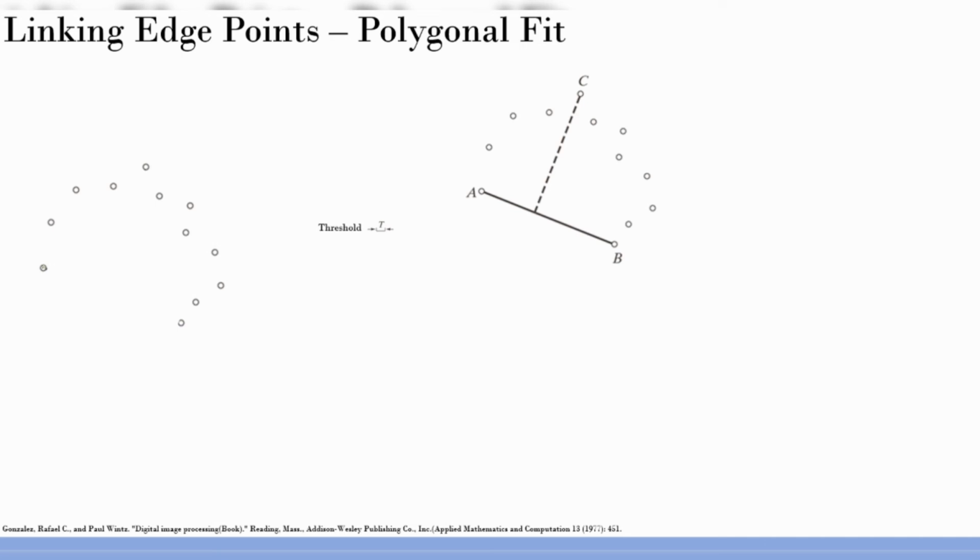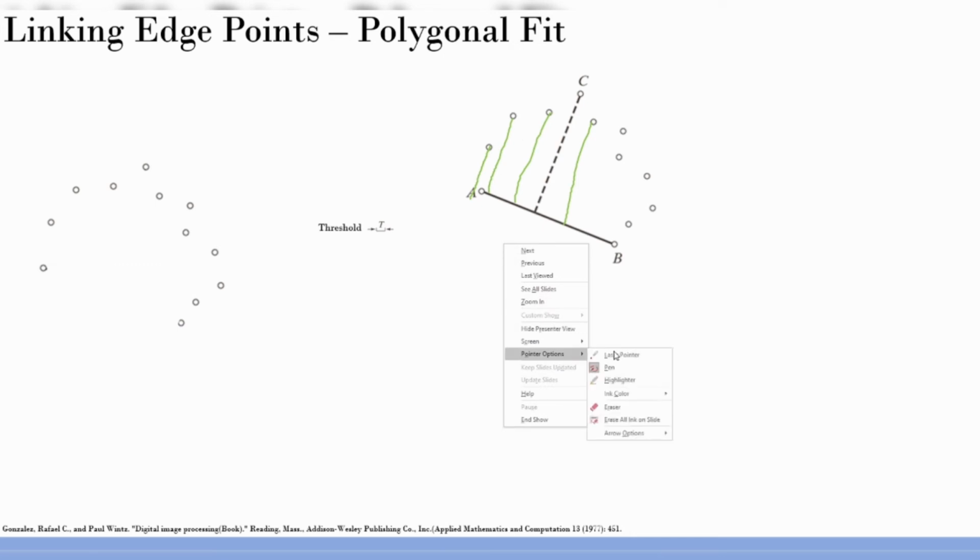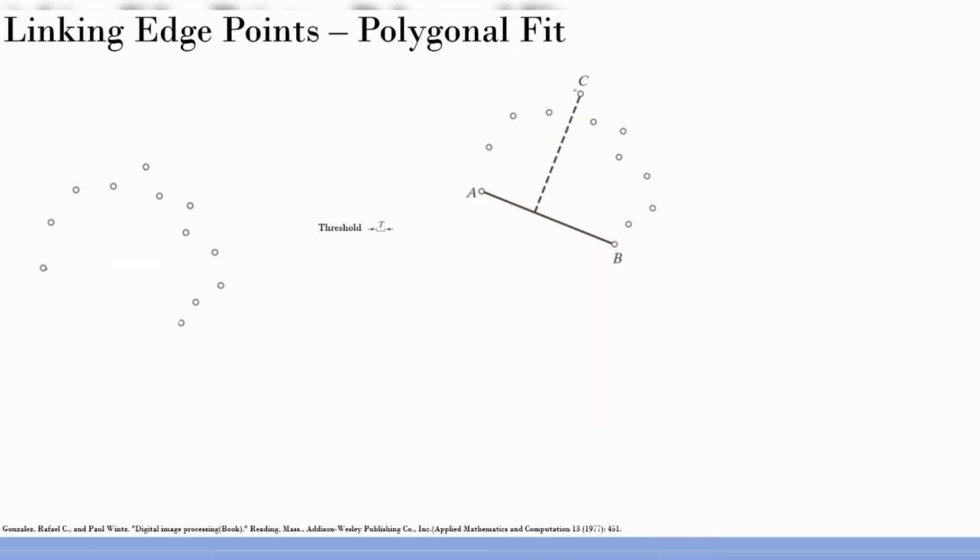Now all these pixels are considered, all these bright spots are considered. Basically I will try to see the longest distance, okay? To start with, let's say A and B is of course the strongest Euclidean distance. Once you identify that, what you do is try to find edges which are normal, perpendicular to this line. This may be one, this may be another, and so on. Out of that, which is the longest? Obviously this is the longest.